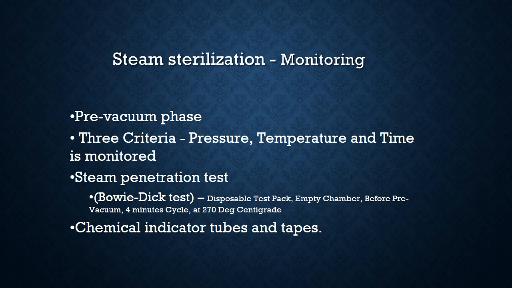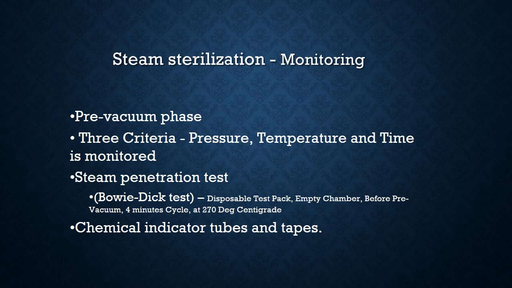In this, a disposable test pack is placed in the empty chamber of the autoclave, and this is done before the pre-vacuum phase. That means the air is allowed to stay in, and a 4-minute cycle of sterilization at 270 to 273 degrees centigrade is done, and this disposable test pack has patterns on it which change color with the heat, and once you remove them from the chamber, you look at them, and if the color has changed